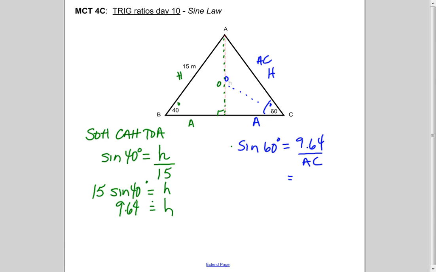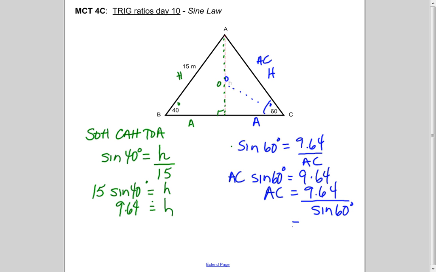When we have the variable on the bottom, we always end up doing a division. But how we get there is we multiply both sides by AC, which leaves us with AC sine 60 equals 9.64, and then divide both sides by sine 60. So 9.64 divided by sine 60 will be our side on the right, which is about 11.13. Okay, if I'm trying to solve this triangle, I have found one of the missing sides. I know the missing angle is 80 degrees